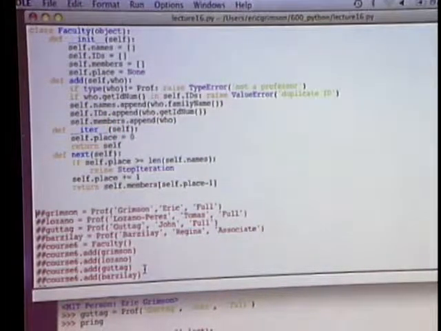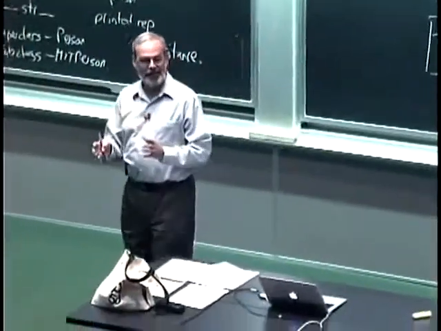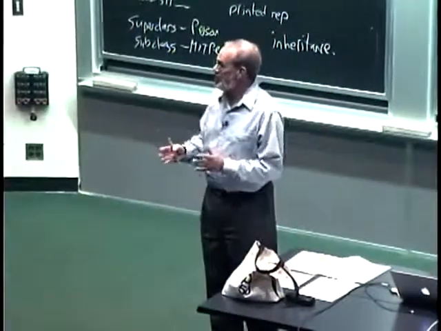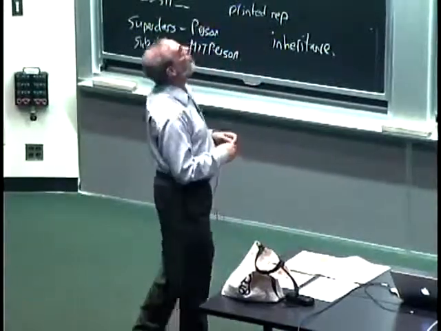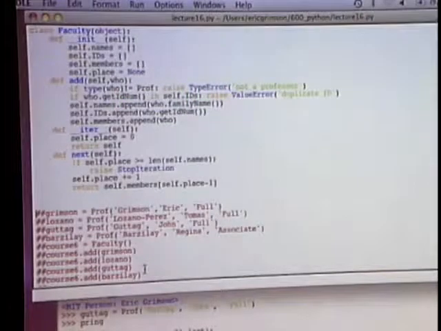So as I do this, what am I doing? I'm creating a list, actually several lists. A list of IDs, a list of the actual instances, and a list of the family names. And as a consequence, when I go to add, that's why I can check to see is this in here already or not. Now, the last reason I want to do this is I want to be able to support things like